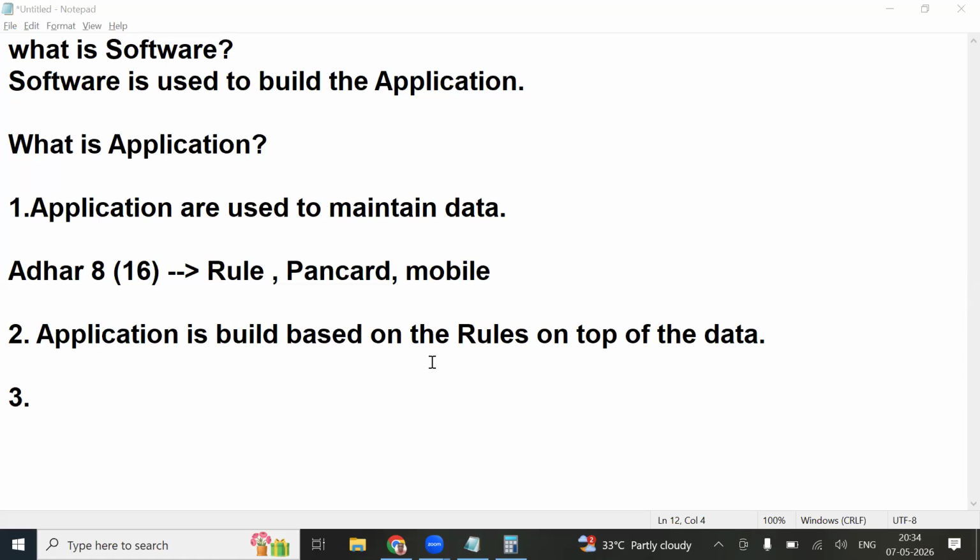Let's take a bank. Without net banking, are you able to transfer your amount from one person to another? No. That means your data and your friend's payee data will be stored in the application. So we are collecting and maintaining the data.